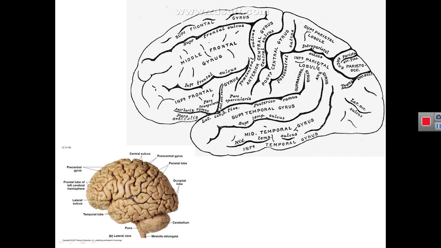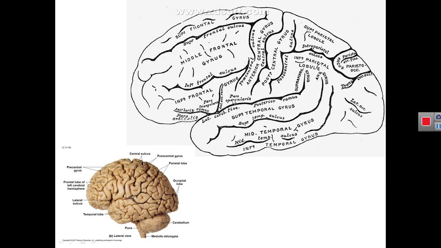One of them, you know it, this is the posterior ramus of lateral sulcus. But this is the anterior ascending ramus, and this is the anterior horizontal ramus. So the stem of lateral sulcus divides here into posterior ramus, anterior ascending ramus, and anterior horizontal ramus. And these three rami divide the inferior frontal gyrus into three opercula, or three pars: the pars orbitalis, pars triangularis,